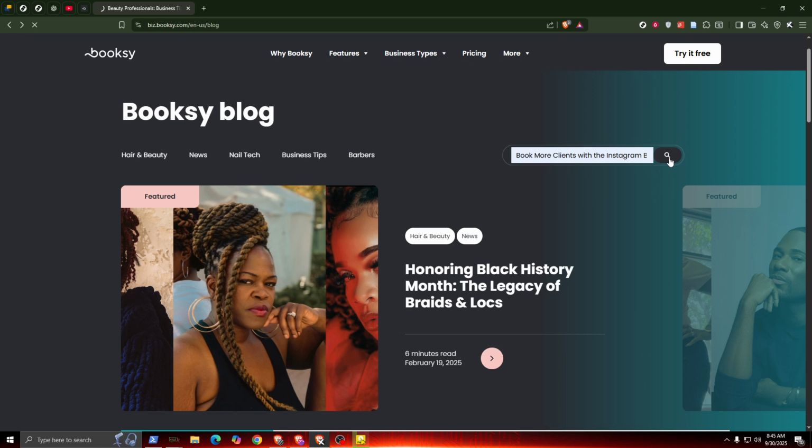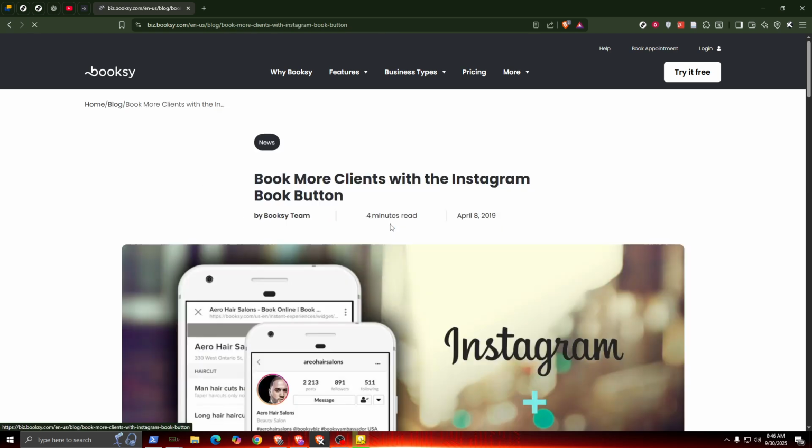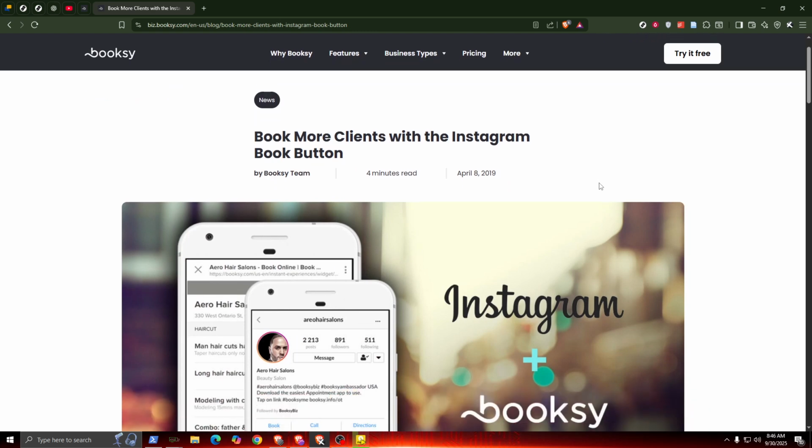After a moment, you should see a list of search results. Look for the result that says "book more clients with the Instagram book button" and click on it. This will take you directly to the relevant blog entry, which provides comprehensive instructions on how to integrate Booksy with